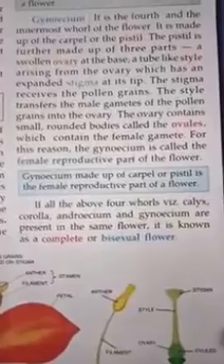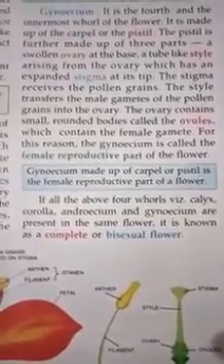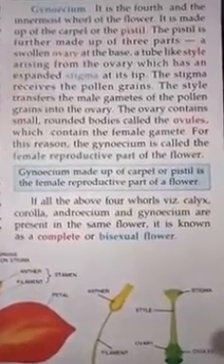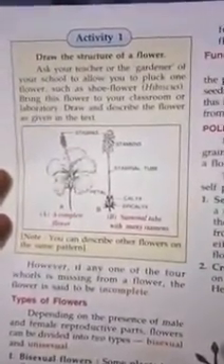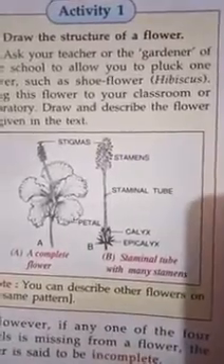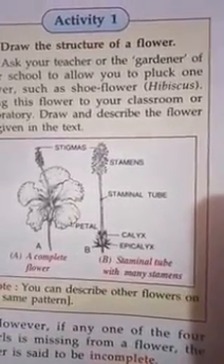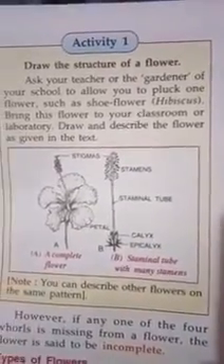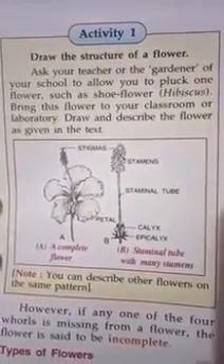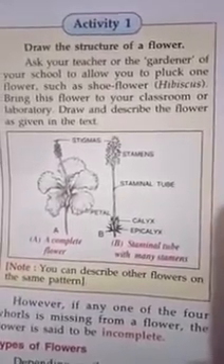Moving ahead, if a particular flower has calyx, corolla, androecium and gynoecium, the flower is known as a bisexual flower. But if only the androecium or the gynoecium is present, then it is known as a unisexual flower. You can see a complete flower having the stigma and that staminal tube over there, the calyx. These are the structures you have to draw in your notebooks and study.